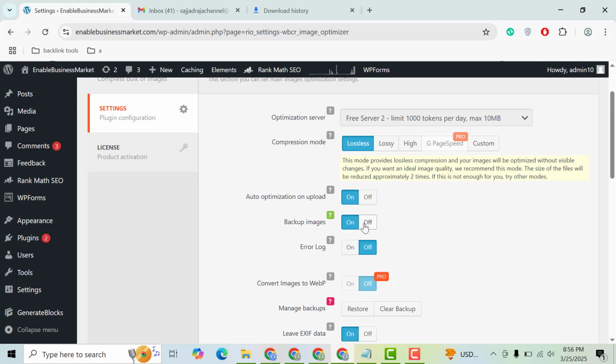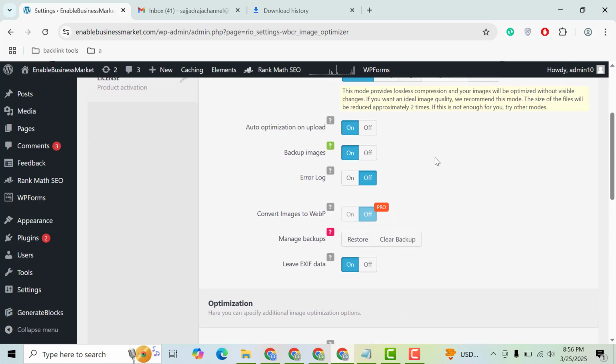You can back up images so that you can get the original images back. You can also turn on the error log if you want to show it. And if you want to convert your images into WebP format, then you can enable this option, but that's available in the Pro version. So you will have a backup option. You can restore